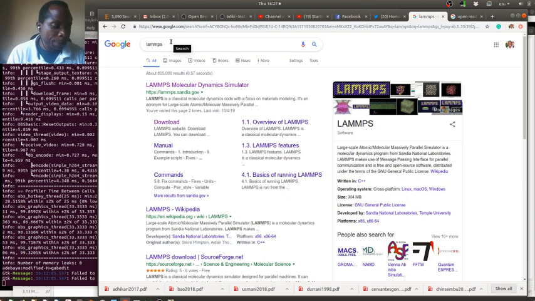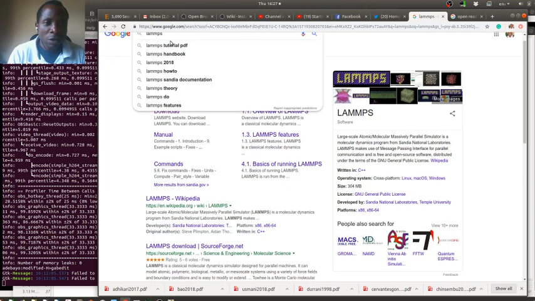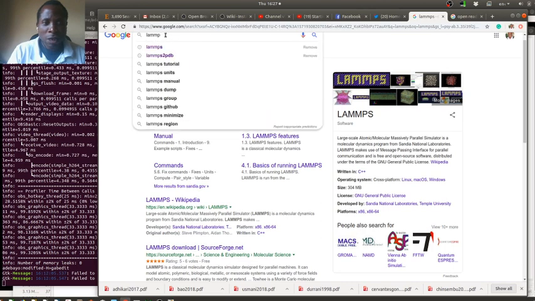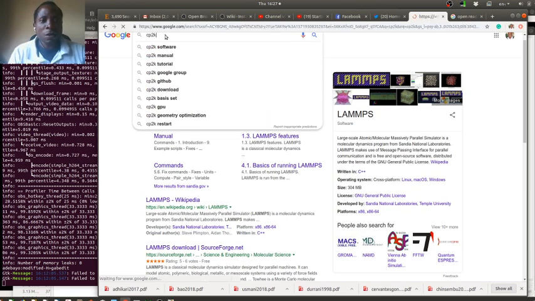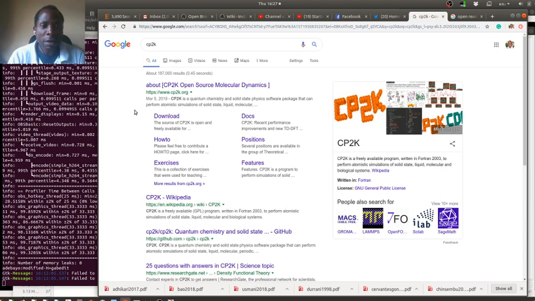Another software you can use is CP2K. It's also a very good software for molecular dynamics. You can download it and follow the instructions. So these are software that you can use, but to start with, first get your AMBER, which is very, very important. Then the other things I need to quickly point out to you before we round up this first video is